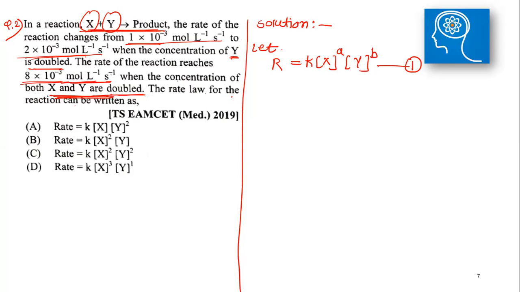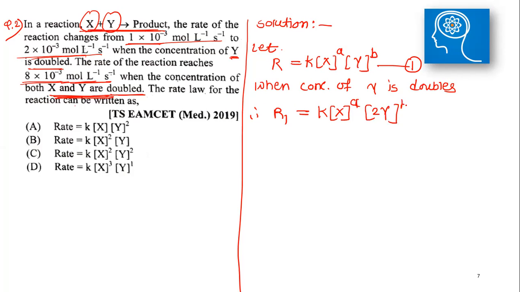Now आता काय झालंय, when the concentration of y is doubled, y चं concentration double केलं, तर न्यू रेट लॉ लिहायचं आपल्याला. when concentration of y is doubled, therefore न्यू रेट लॉ दॅट इज R1, त्याला R1 म्हणूया किंवा दुसरं कुठलंही घेऊ शकता, ठीक आहे. सो R1 इक्वल टू K, कॉन्सन्ट्रेशन ऑफ x टू द पॉवर a, y चं कॉन्सन्ट्रेशन डबल झालंय, सो 2y टू द पॉवर b. दिस इज माय इक्वेशन नंबर 2, हे माझं सेकंड इक्वेशन. ओके, नाउ